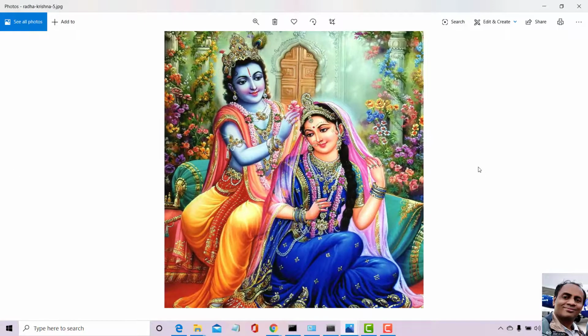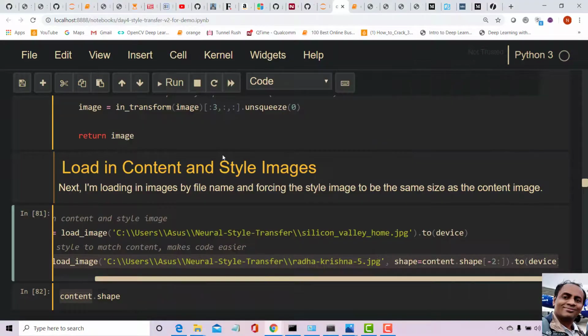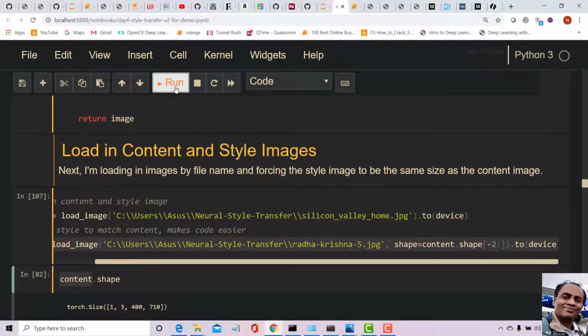The style image is a beautiful picture of Radhakrishna. The motivation of this exercise is to convert the content image to the style of the style image. So we are going to load the same images here using the function load image.